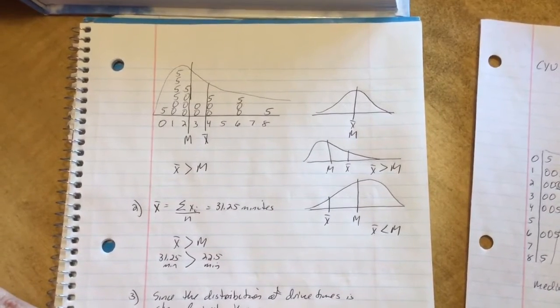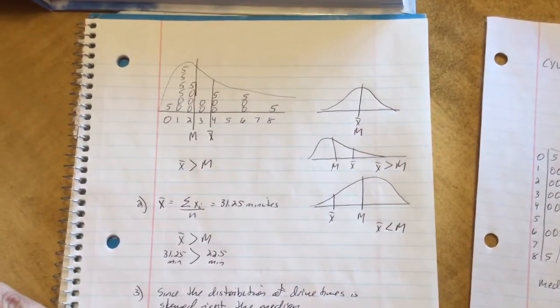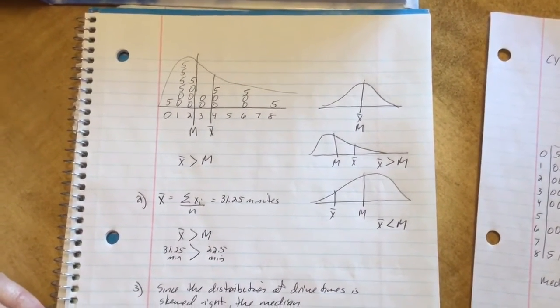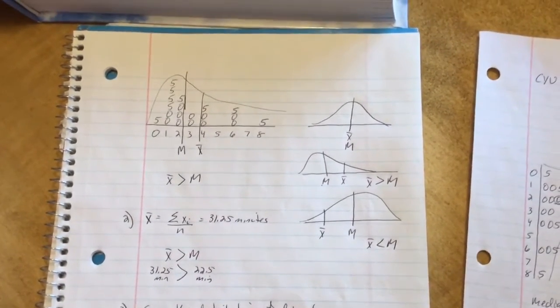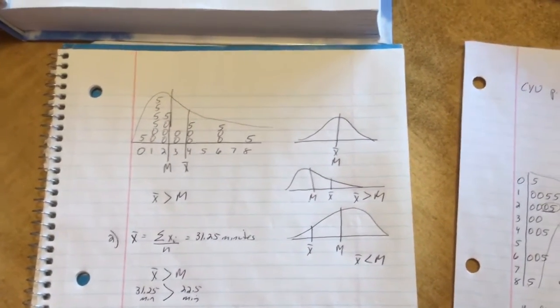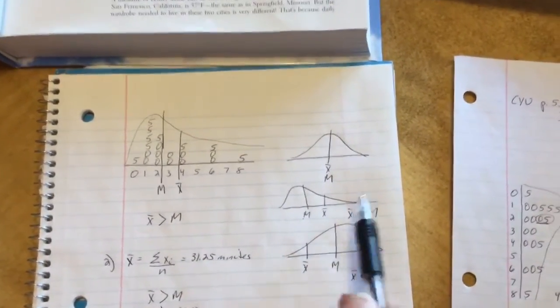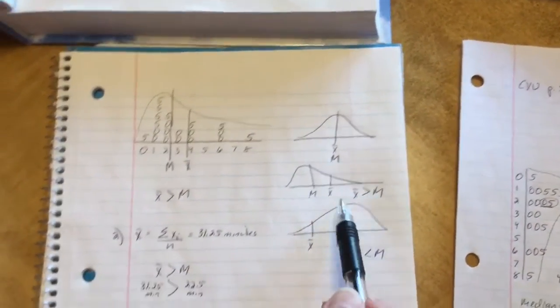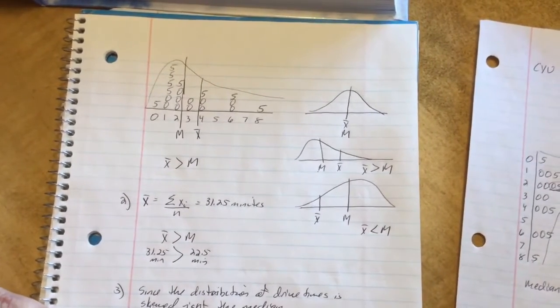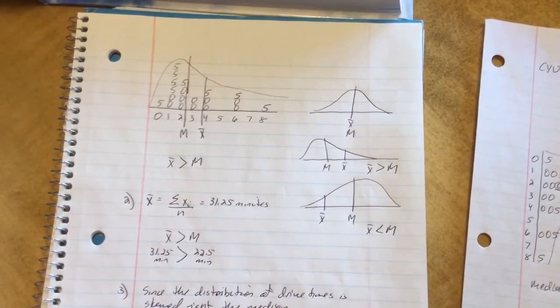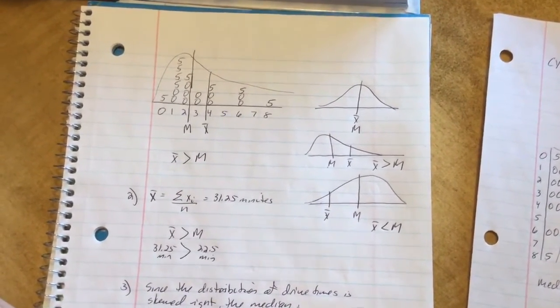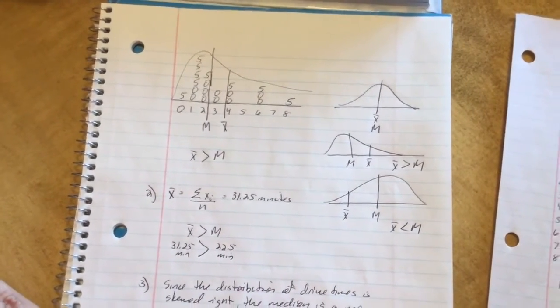the median is a more appropriate summary of the center because the median is resistant to extreme values. The mean is not resistant. If you have an extreme value, like way down here, way up here, it'll pull the mean farther away from the center, okay? So since the distribution of drive times is skewed right, the median is a more